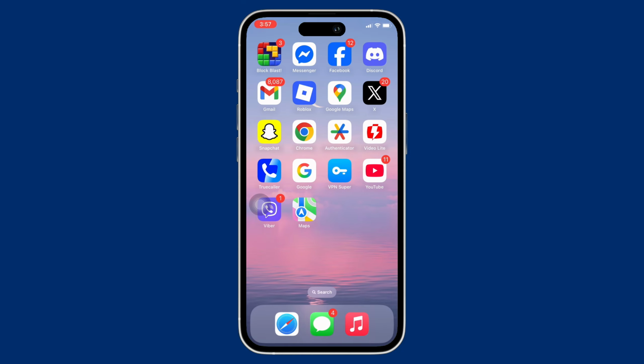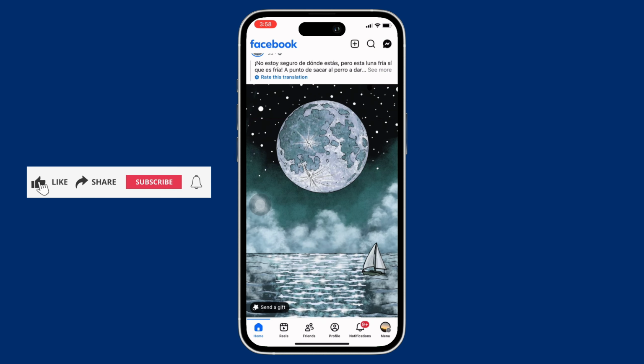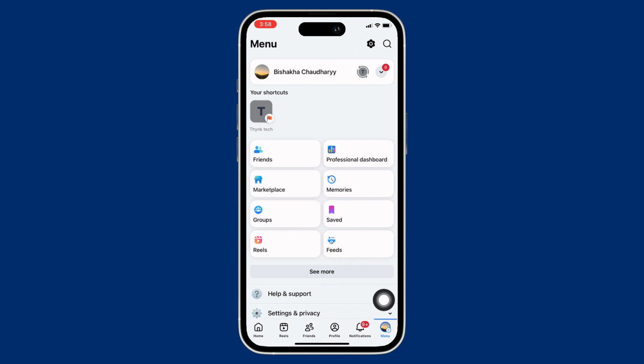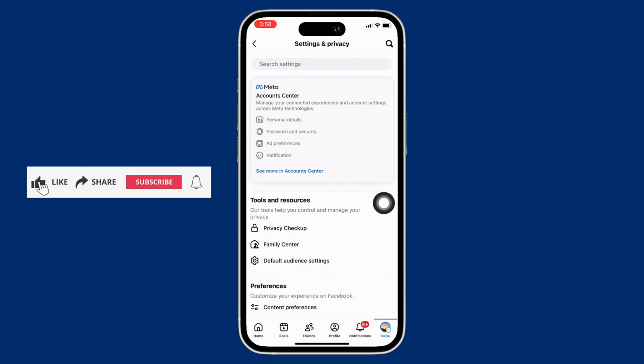Firstly, go ahead and open the Facebook application on your device and make sure you are signed in. Now, if you have previously signed up for a Meta account and you want to remove it, then tap on the menu option on the bottom right of your screen and then tap on the settings option on the top right of your screen. Further, tap on the See More in Account Center option you see there, and now scroll